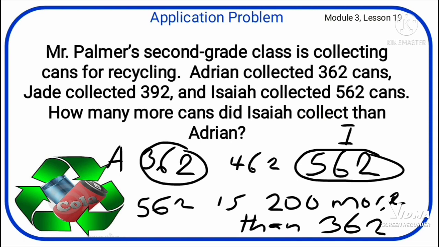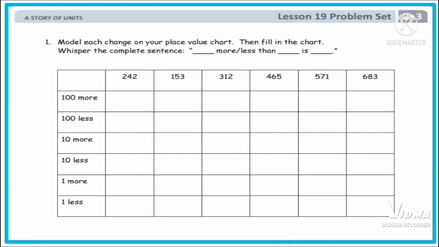Now look at 362. If you skip count by 100, 100 more than 362 is 462, and 100 more than 462 is 562. So you can see that 562 is 200 more than 362. So Isaiah collected 200 more cans than Adrian. That's simple, isn't it? Alright, so complete the problem set. Quite simple. 100 more, 100 less, 10 more, 10 less, 1 more, 1 less,